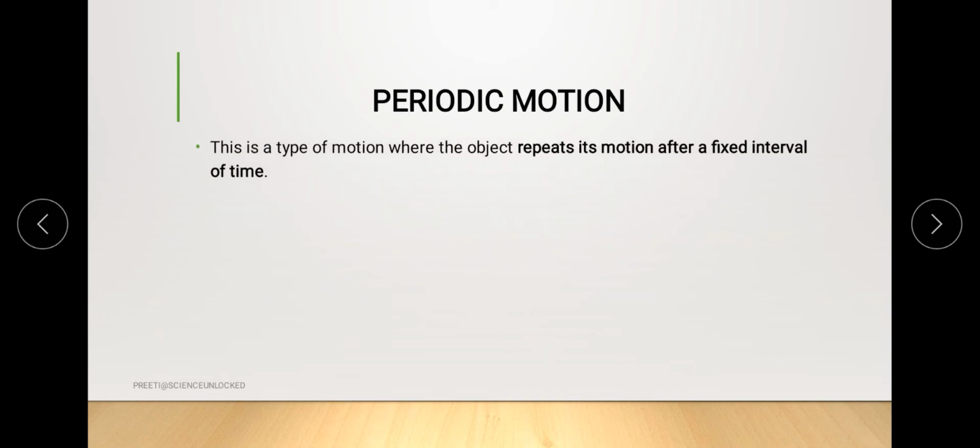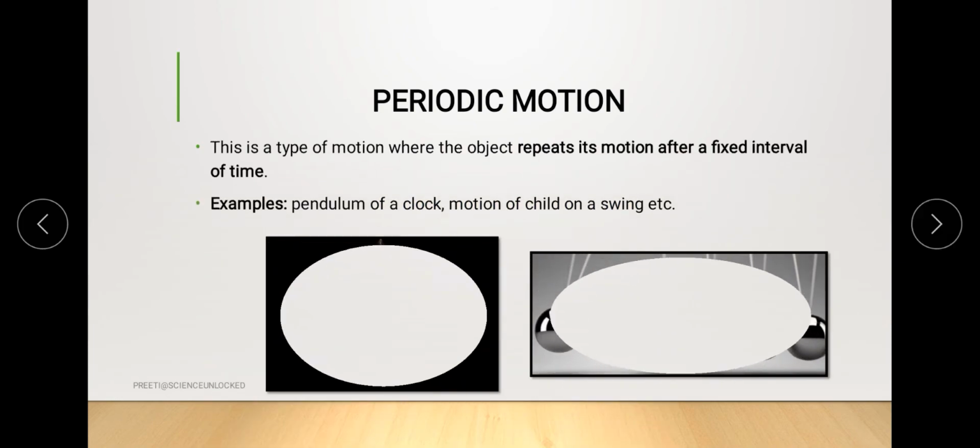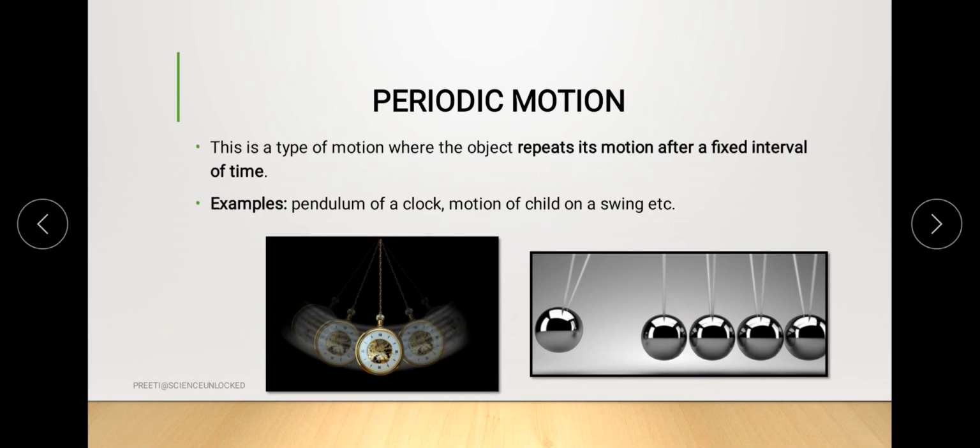So with this we move to the third type of motion, or we can say the fourth kind of motion, because in the circular we have talked about two specific kinds of motion. In periodic motion there is a repetition after a fixed interval of time, and the best example for this is the pendulum, where an object arranged in the form of a pendulum starts from a central point and moves towards the extreme points, and every time the motion is equal in both the extreme parts.